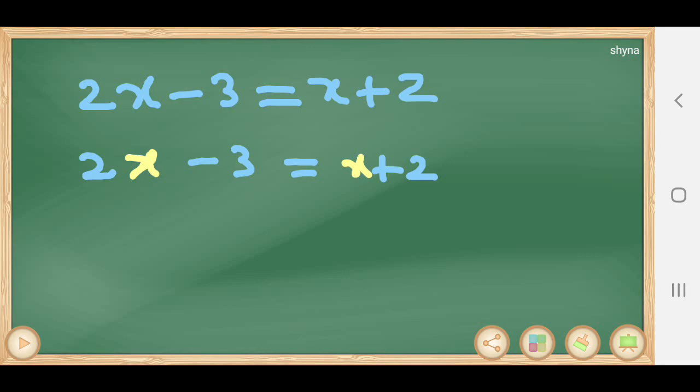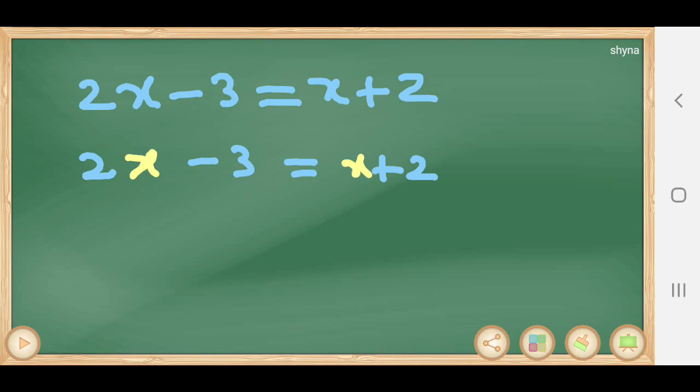Now we need to write like this. That means, dear children, you are the beginners. That is why identify where x is on both sides. 2x minus 3 equal to x plus 2. What is the first step? Transposing variable terms, that means the terms containing the variable, to one side. Here 2x is a variable term, and x is also another variable term.